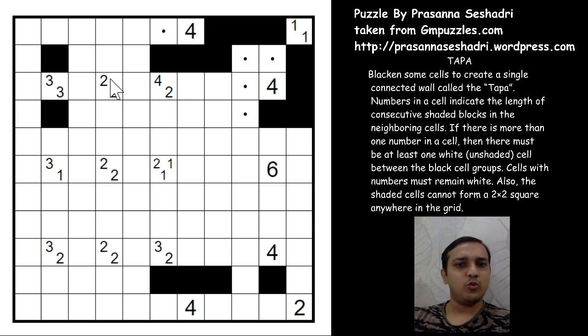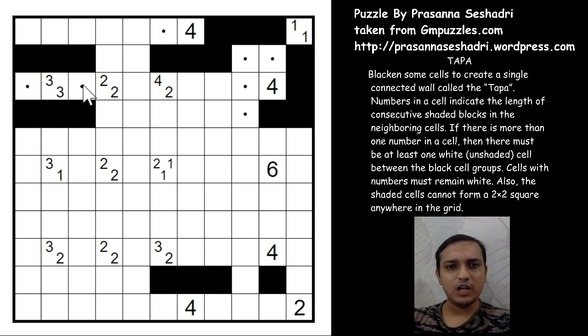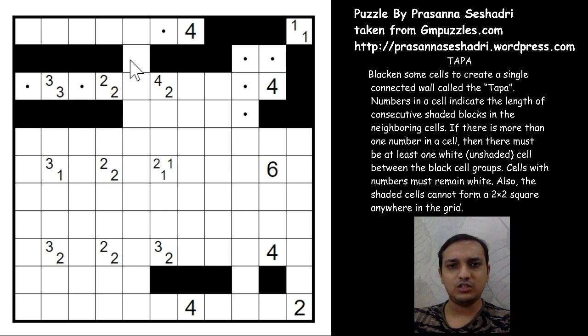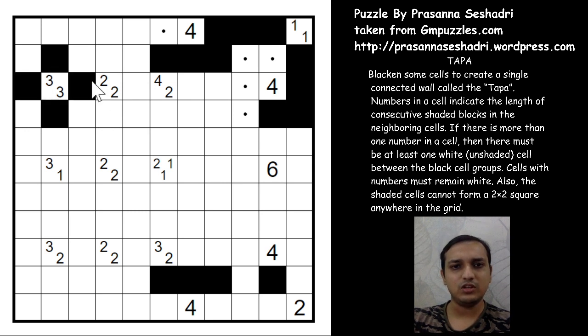Okay, so what happens if you unshade these 2 cells? So if you unshade this cell, automatically this cell is also unshaded. So what happens if this is the case? These two cells will continue for the cell to fulfill the clue, and these three will be white cells. These three will be unshaded, and you don't have enough space for the 4 and 2 to fulfill the cell, right? So we come to the conclusion that these two cells and these two cells are for sure shaded.